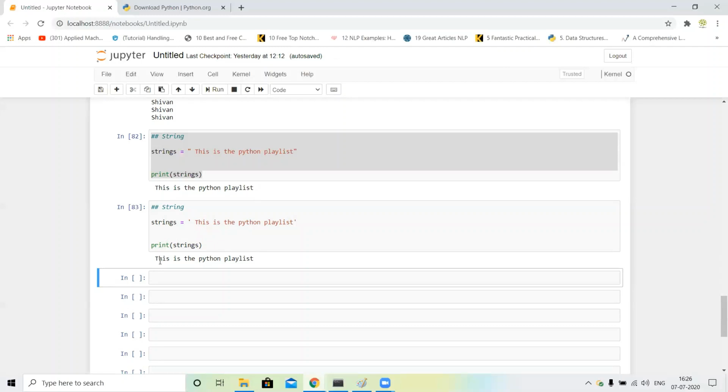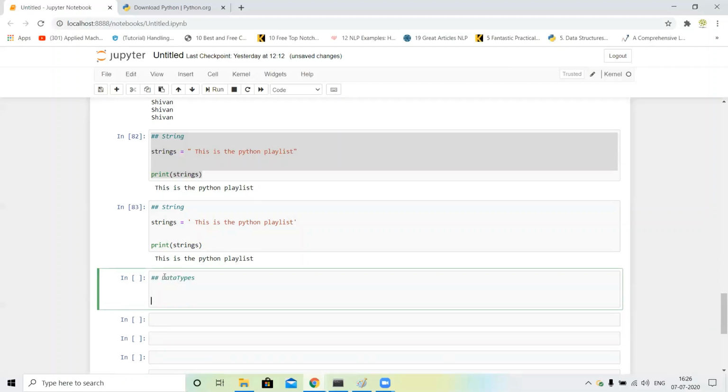Next, data type. Data types in Python: every value has a data type.